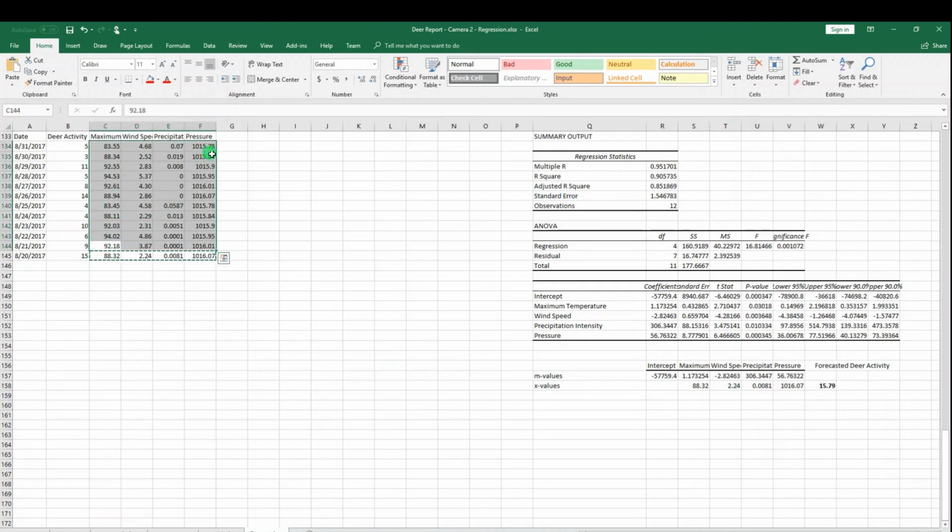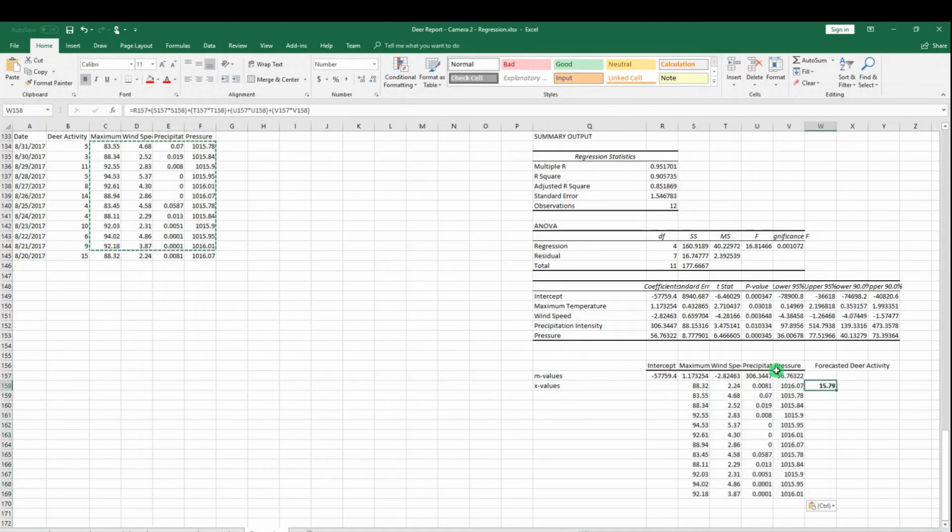Now let me go ahead and paste all of these values down here. And then, as you may recall before, what we did was we did this whole dollar value. So we're getting this awfully large number over here, and the reason being is we've moved all of these values down one row. So let me go ahead and go back up here and make sure I've locked in all